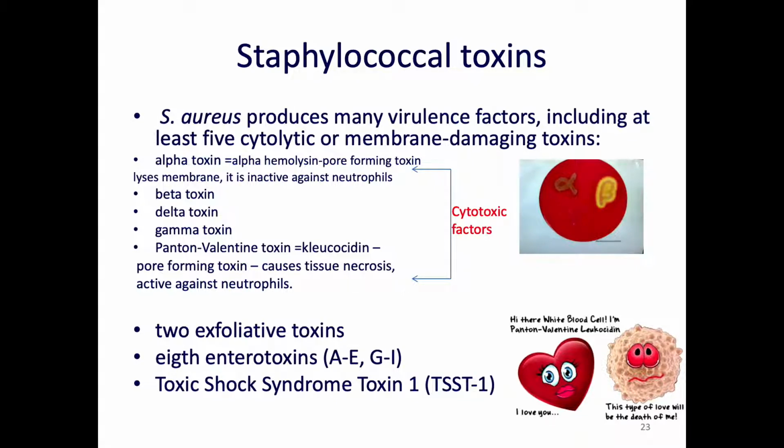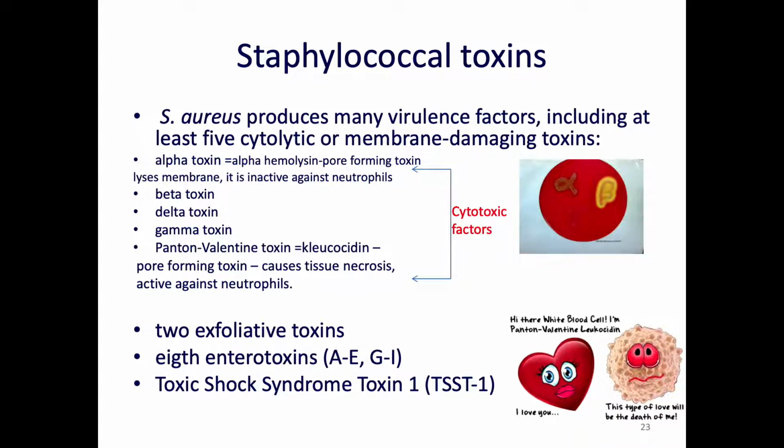So, you know that there are exotoxins and endotoxins. Exotoxins are always released into the environment, while endotoxins are released when the bacterial cell dies. Staphylococcus aureus produces many virulence factors,